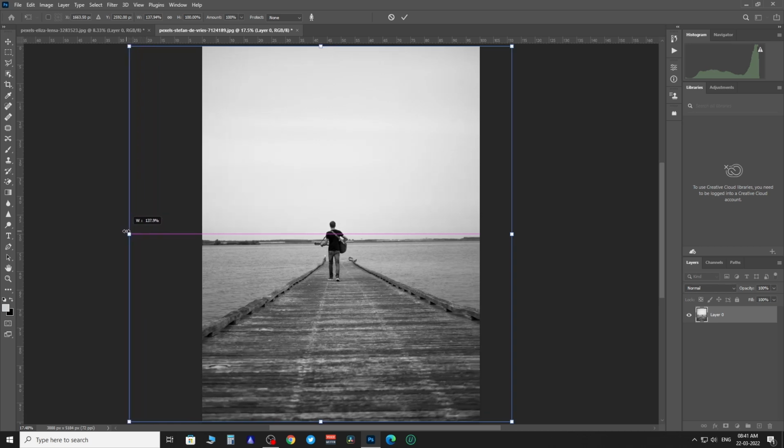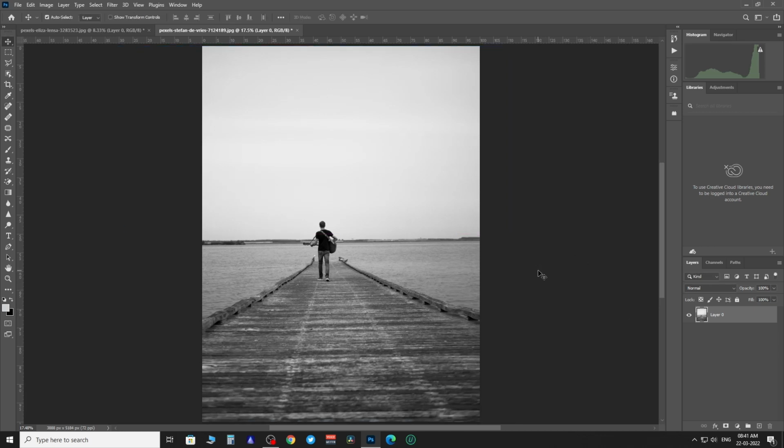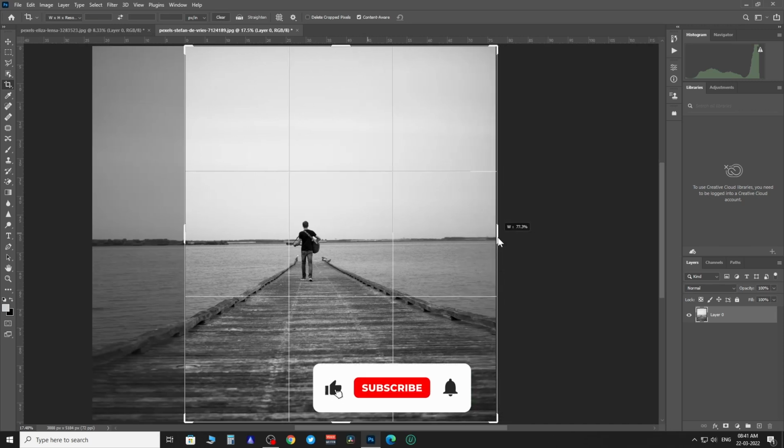The point where you feel the subject is getting distorted, press Enter and repeat the process. The extended part is hidden, which you have to reveal by coming back to crop and then outstretching the crop area.